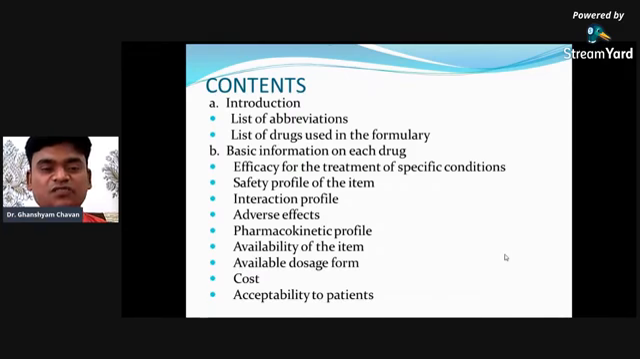For example, if you are giving drugs like ACE inhibitors plus beta blockers, they are doing the action of potentiation, they are increasing their action. But in case of the drugs which will increase their toxicity, for example, if you are combining the tricyclic antidepressants